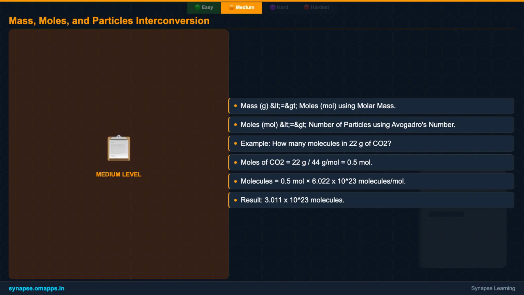Balanced chemical equations don't just tell us which substances react, they tell us the mole ratios in which they react. For instance, in the formation of water, 2 moles of hydrogen react with 1 mole of oxygen to yield 2 moles of water. By converting these mole ratios into mass ratios using molar masses, we can precisely measure out reactants in grams and predict product yields in the lab or in industrial settings. This precision minimizes waste and ensures efficient chemical processes.